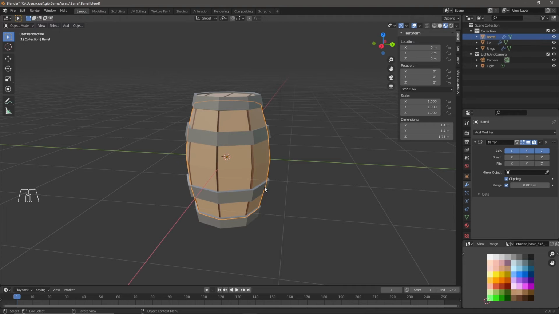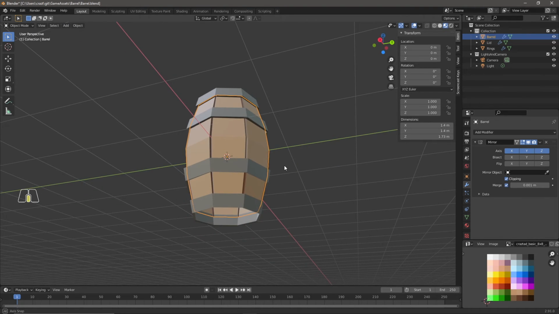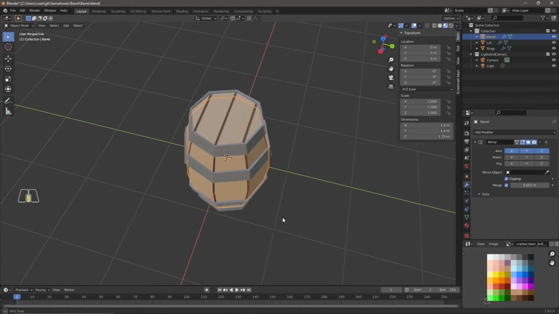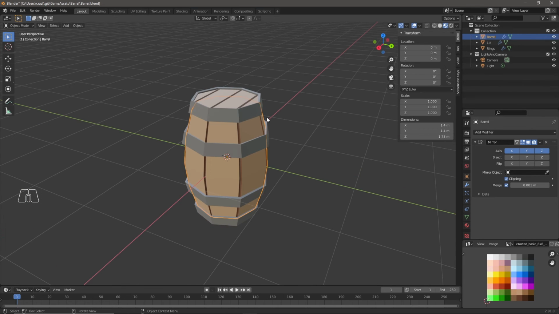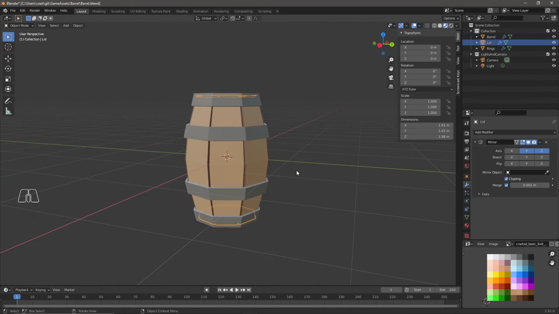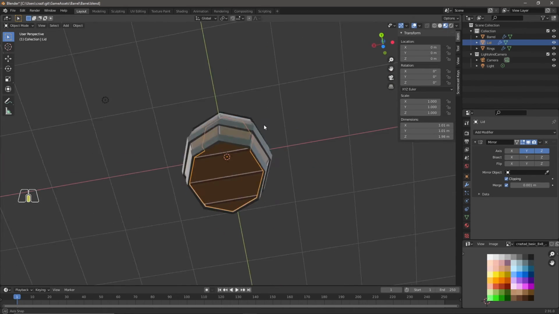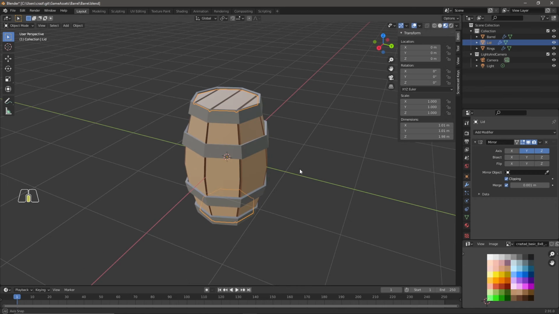Now, before we can save this off and dump it directly into a game, we are missing something. We're missing the bottom of the lid here. We forgot to mirror it. There we go. Mistakes happen. That's why you got to make sure and look at all sides of your model, because you will miss that